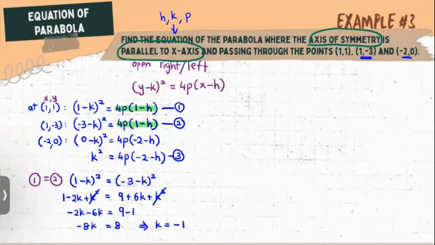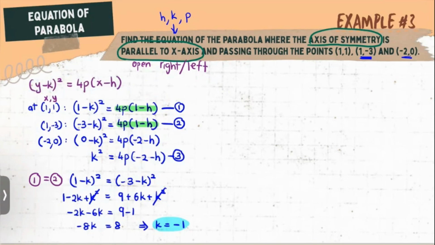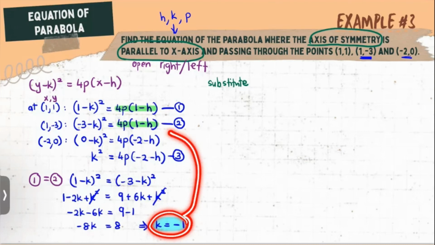So, I now have the answer for K. K adalah negative 1. Next, kita gunakan elimination apa pula? So now I am going to substitute this K into equation 3. Equation 3 mana? Sini. Dan juga equation 1. Sebab now saya nak dapatkan either P ataupun H lah. Okay, so sekejap, saya nak gantikan K into